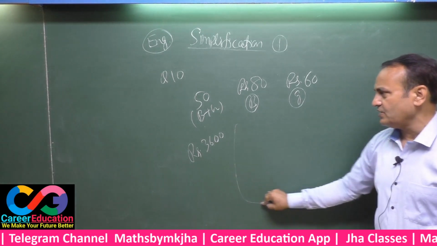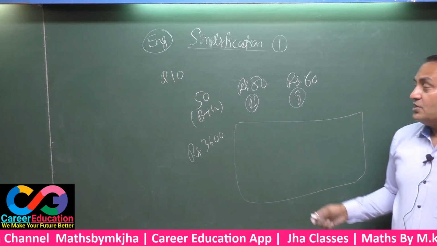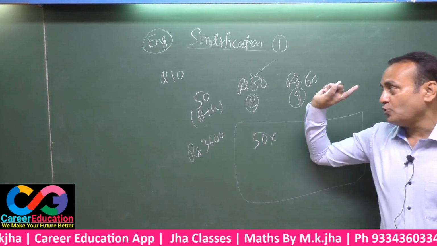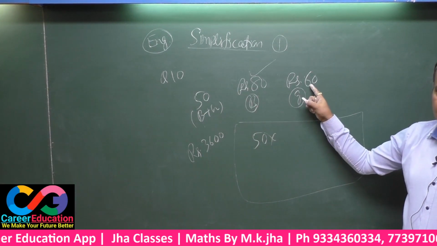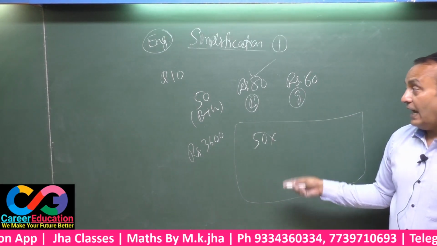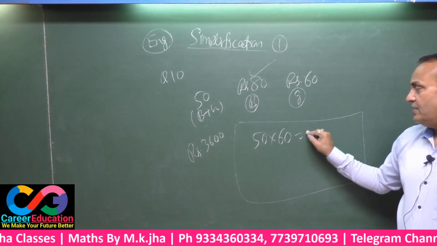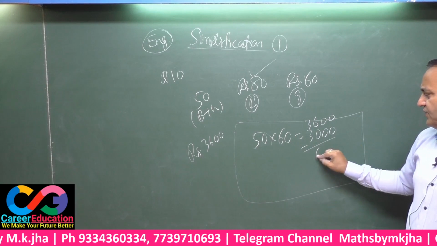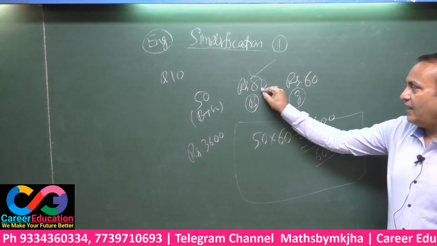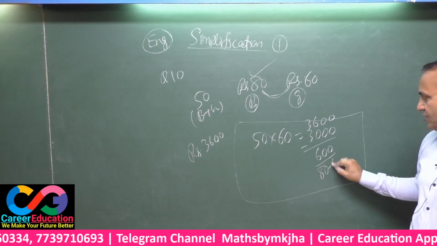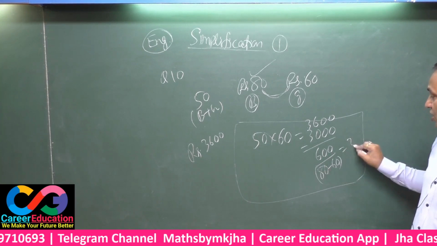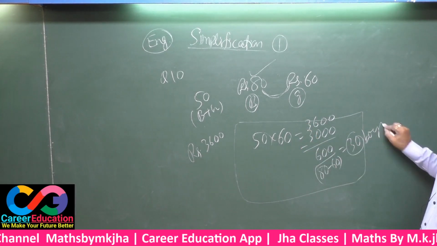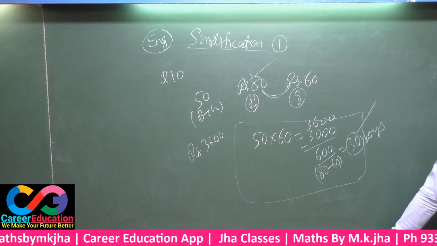See here again the same situation, the same trick is being applied here. Since the question has asked you to find out the number of boys here, certainly you will have to suppose all the students just as girls. That means had there been 50 girls, payment must be 3000. But the payment is 3600. You have to get the difference, that is 600, and this must be divided by the difference of the two, that means 80 minus 60, 20. 600 by 20 is 30. Since you have supposed all are girls here, you are getting the value of boys. That means 30 boys are there in that group.